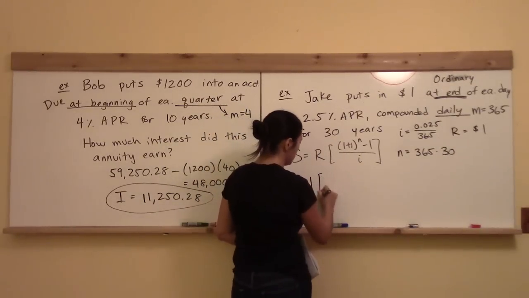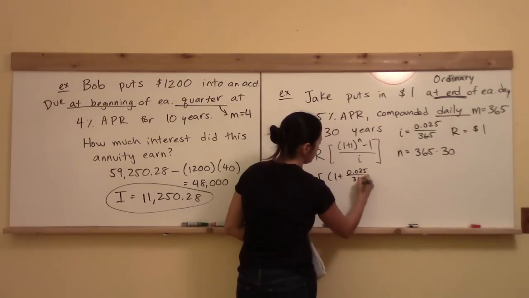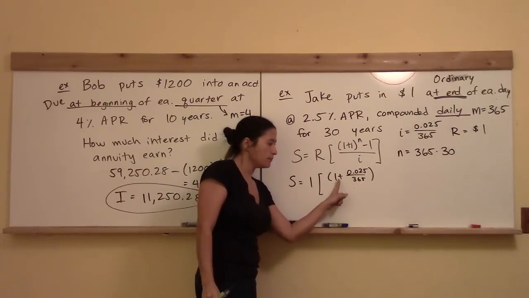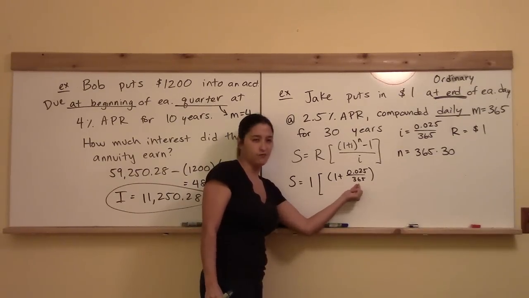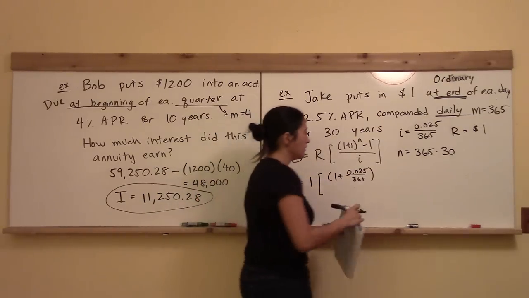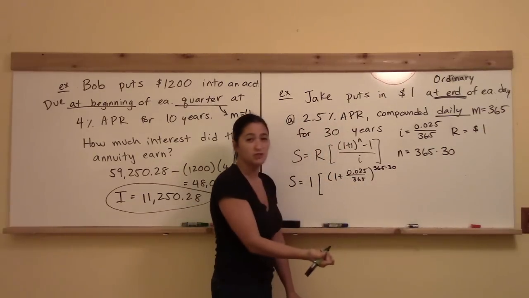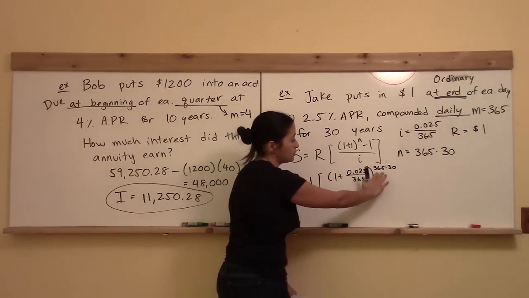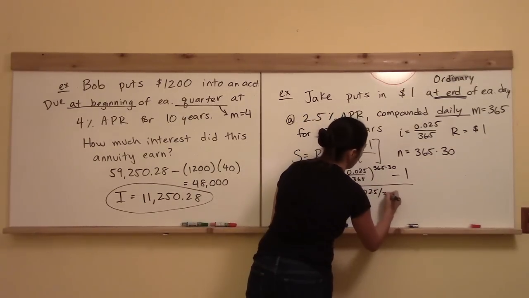So we put that $1 in, and then we have to do 1 plus 0.025 divided by 365. Keep in mind when you're entering this on your calculator, 1 plus this fraction, okay? You're not dividing the 1 by 365. You're just dividing the APR by 365 and adding 1. So watch out for that. Make sure you do that properly. And then you have to raise that to the quantity 365 times 30. Whatever that giant number is, that's the number of dollars he actually threw in. So you're going to raise it to that, subtract off 1 for that whole thing, and divide by 0.25 over